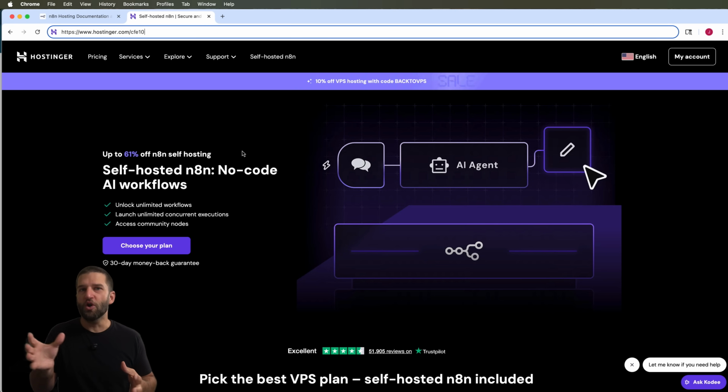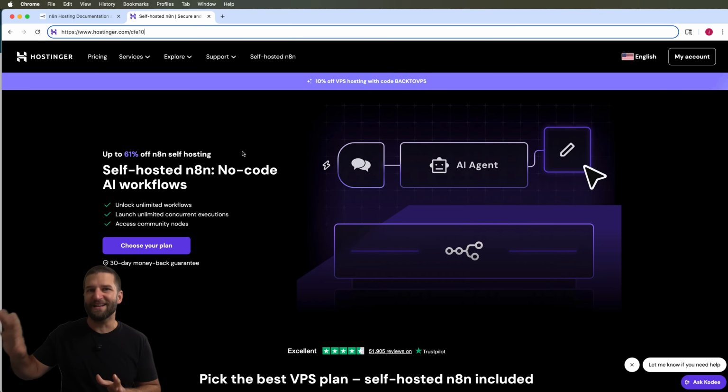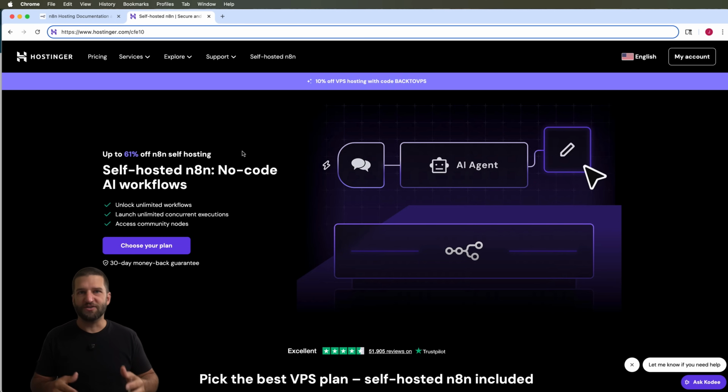So for those of you who know how to do something called SSH, you will be able to modify your self-hosted instance to add things like Python into the runtime environment. Now, I'm going to show you how to do that when we get a little bit more advanced. But for those of us who just want the one-click install, we're going to go ahead and set up Hostinger right now. Head on over to